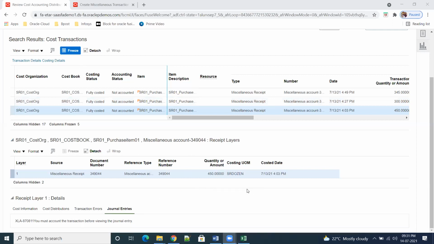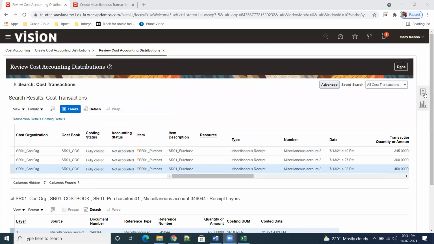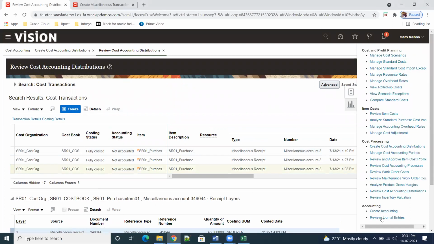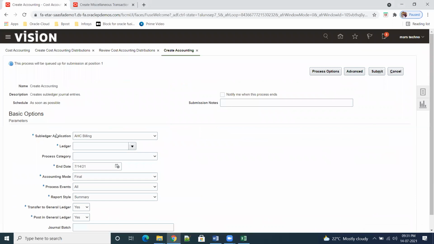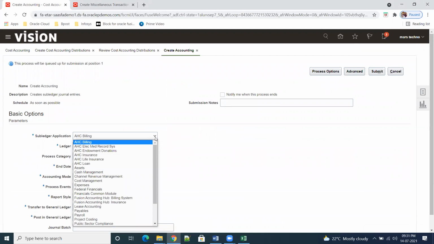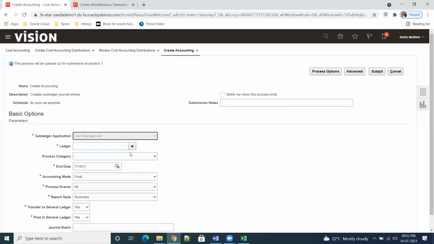Now we'll see how to run the general entries, I mean posting to general ledger. Create accounting is the next task. The ledger we need to take is SR01, cost management, sub ledger application.